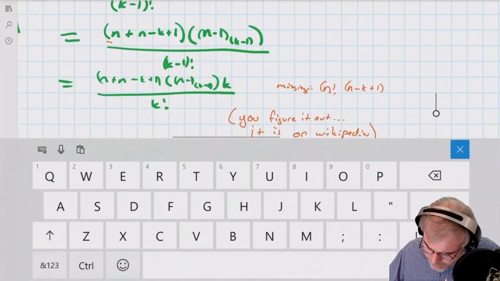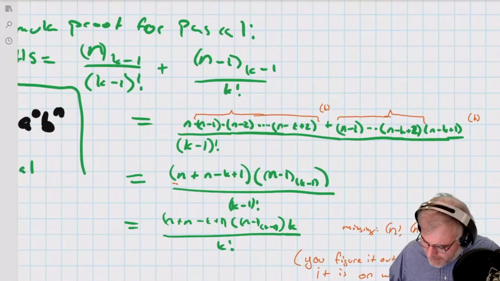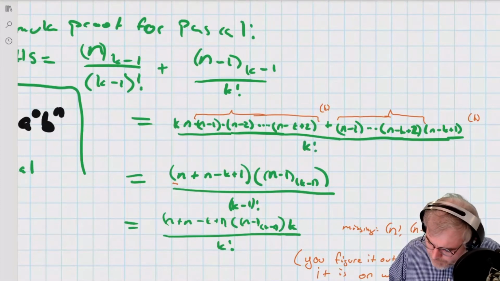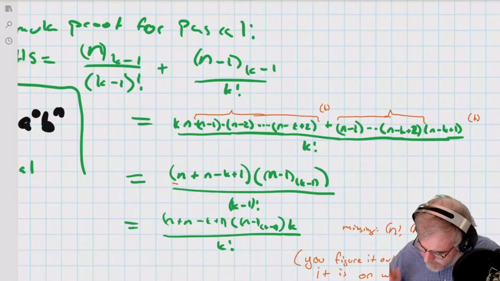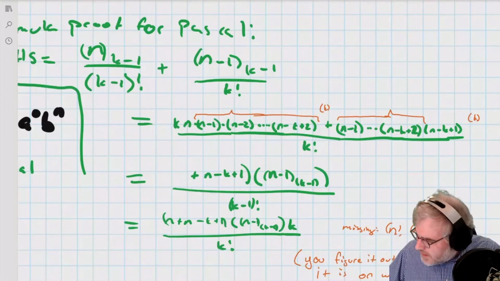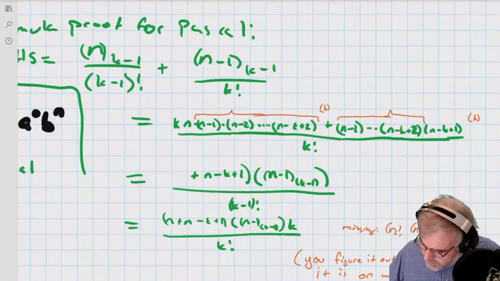So now, when I take a common denominator, that's where the other k comes from. Okay. So this should be all over k factorial because I took a common denominator. So I multiply both sides by k and I get a common denominator. That's beautiful. Now, when I take this out, the k is no longer common. So this becomes a beautiful, beautiful. So what comes out here? The n minus 1 times, so this k is gone, this is gone, this still factors,